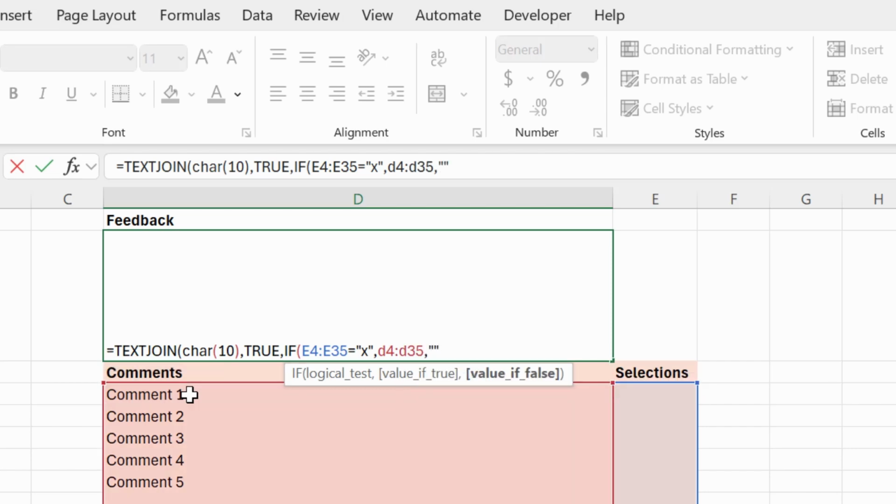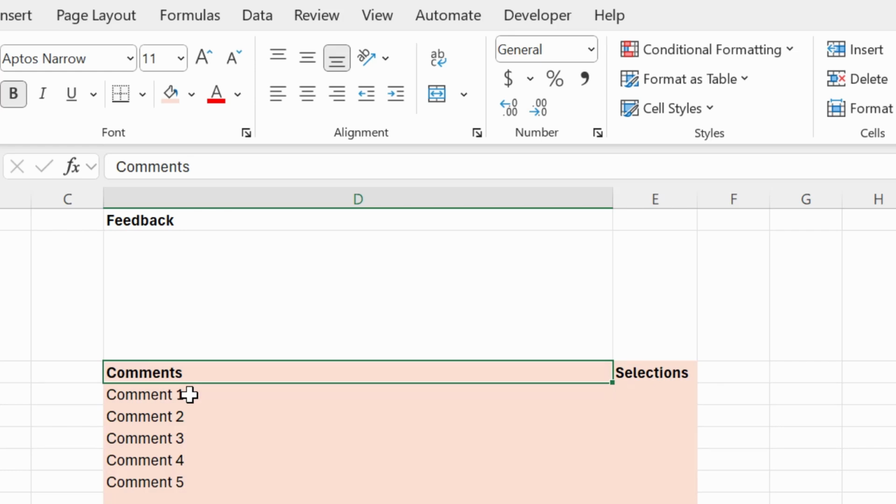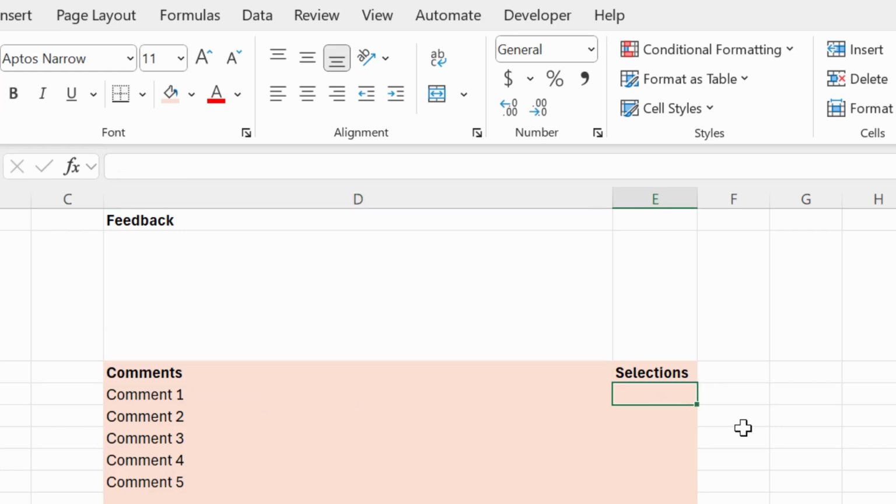Otherwise, we want nothing, so I'll put just a quote, quote. And then I'm going to close my parentheses, so that's the parenthesis for the if function. I will close my parenthesis again. That was the parenthesis for my text join function, and hit enter. Now let's test it. So I'll come into E4 for my selection and hit a little X, and comment 1 shows up in cell D2. Let's also get comment 4. Comment 4 is showing up,